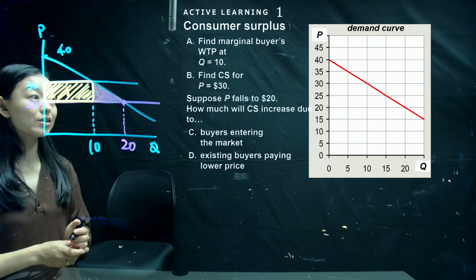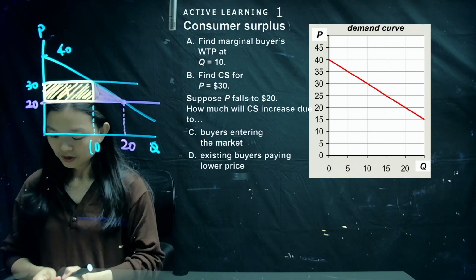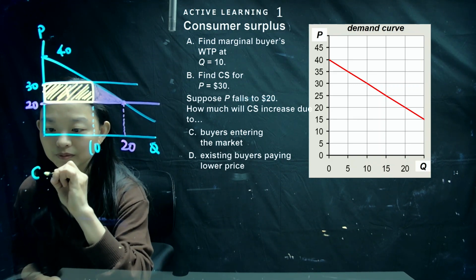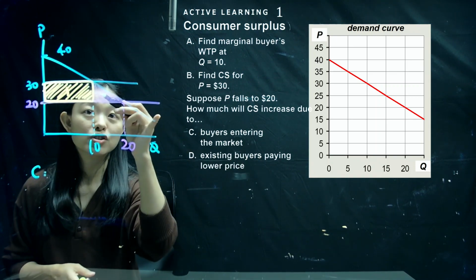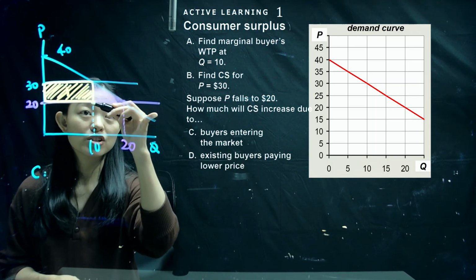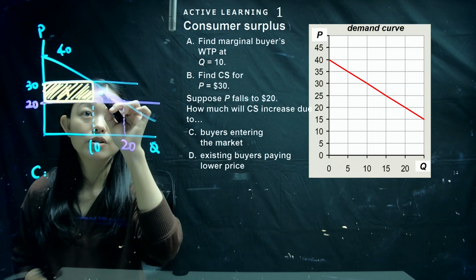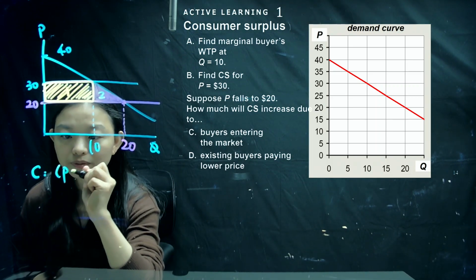Okay, so here we can solve the questions. So for question C, you would like to find out the buyers who enter the market, which was just this triangle we talked about, right? So we mark this one as 2. Okay, so for part 2,